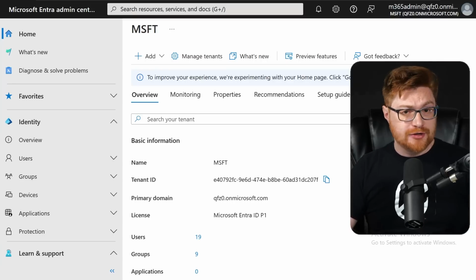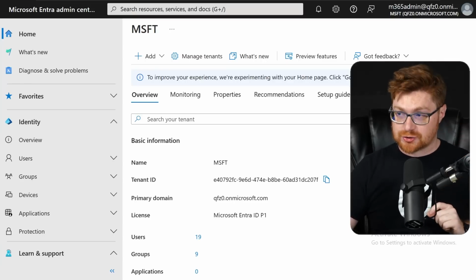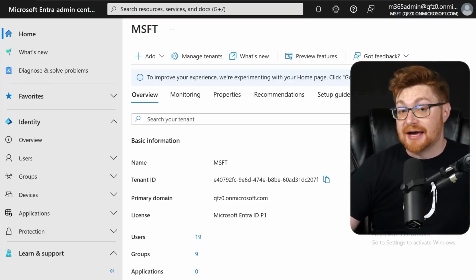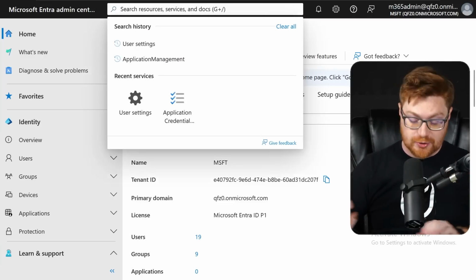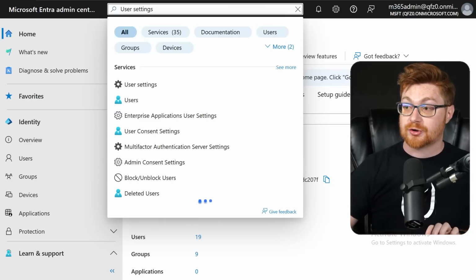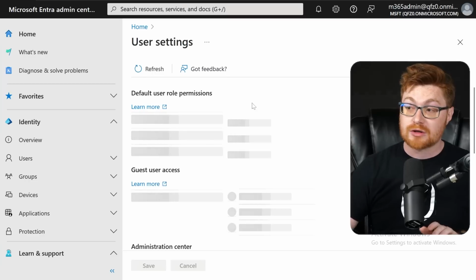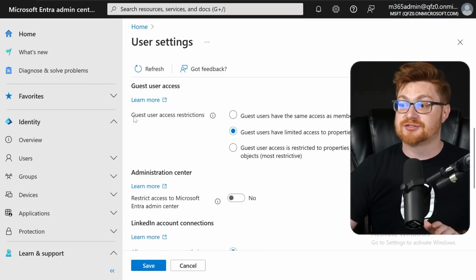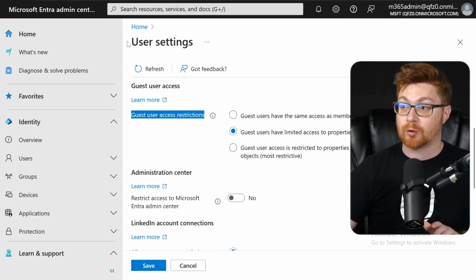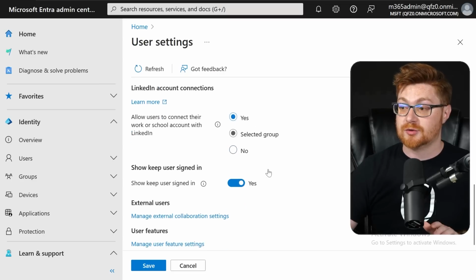Now, if you aren't on the offense, having your hacker hat on, doing penetration testing and all, if you're trying to defend from this and harden, lock things down a little bit in the Entra Admin Center, you can simply search for the user settings. And this option here will allow you to toggle a little bit of the users can create security groups. You could toggle that off. Guest user access restrictions, you probably don't need to have any of the capabilities for those guest users, so you can make that restricted, toggle this, and if you wanted to, actually explore the external user section that has the